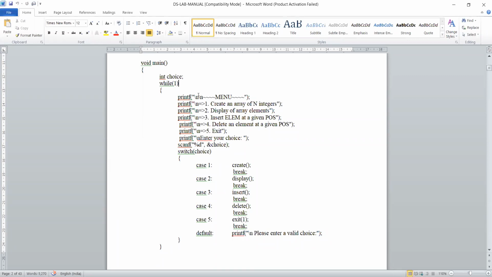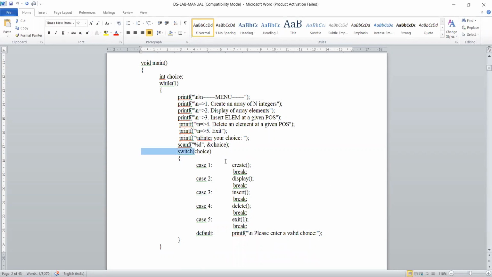So in each case you see printf. To create an array, you have to press 1, 2 to display the elements of an array, 3 to insert an element at a particular position, 4 to delete an element, and 5 to exit.